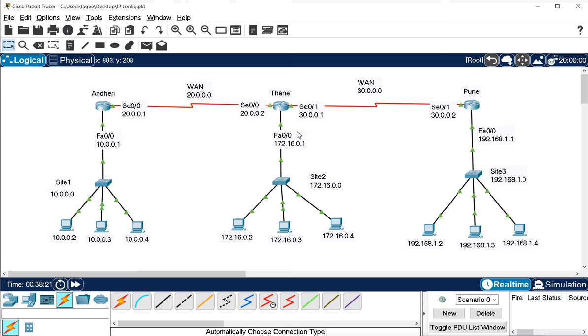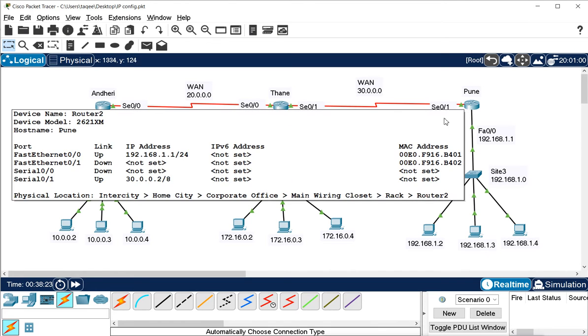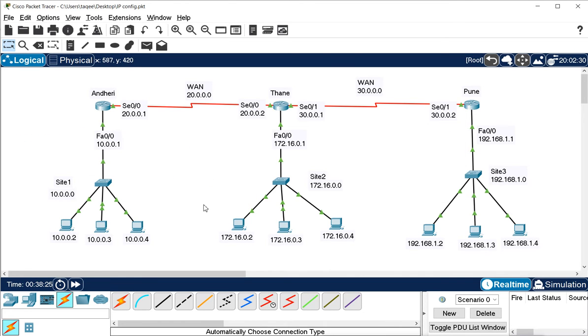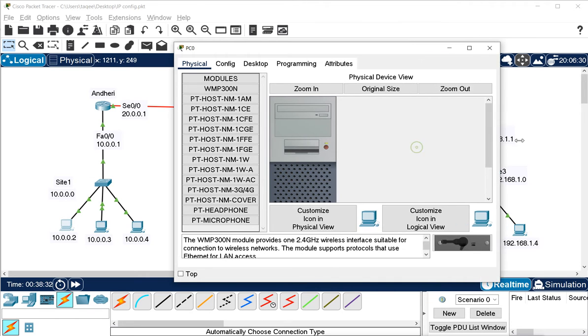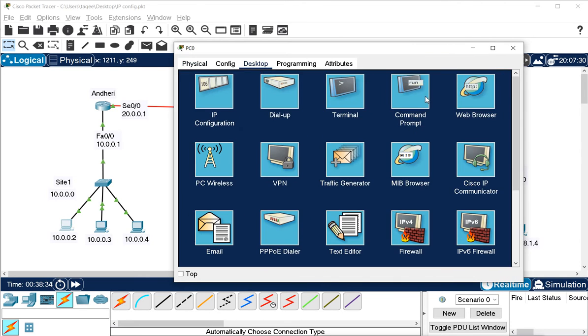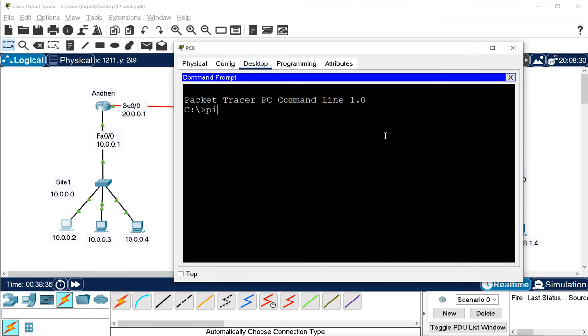Now if I try to ping again, let's see. I will ping from this machine 10 to any of the site 3 IP addresses. I will ping site 2 first.